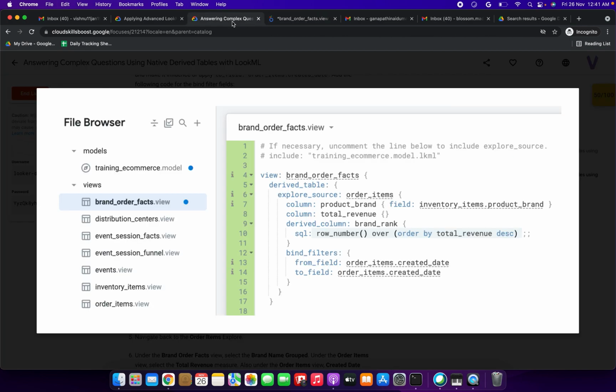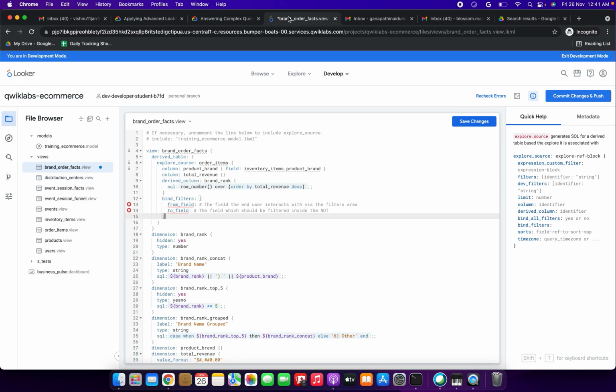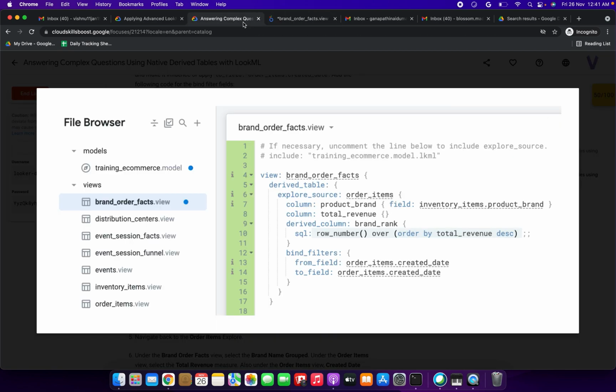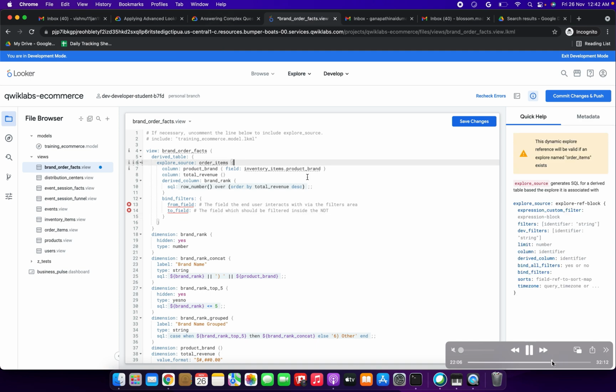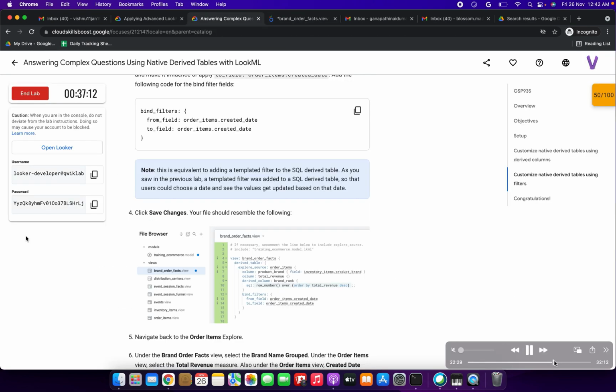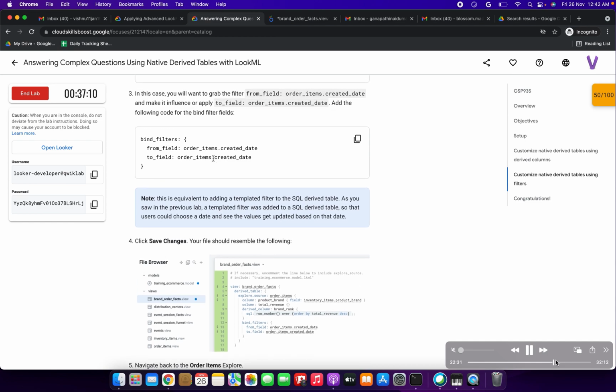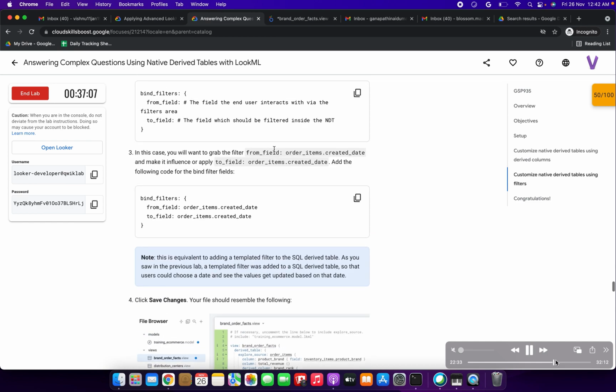Lines 13 and 14 are giving an error. Why is it coming as an error? We are going to rectify it, doesn't matter. We need to update the field name, friends, actually. So we need to copy this one only, friends, the bind filter.